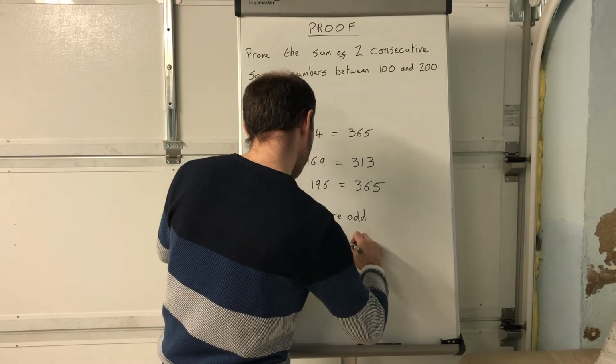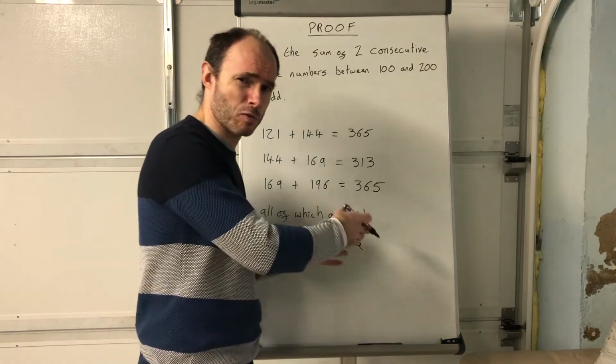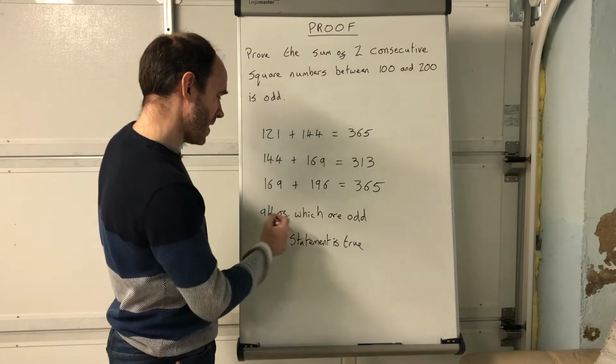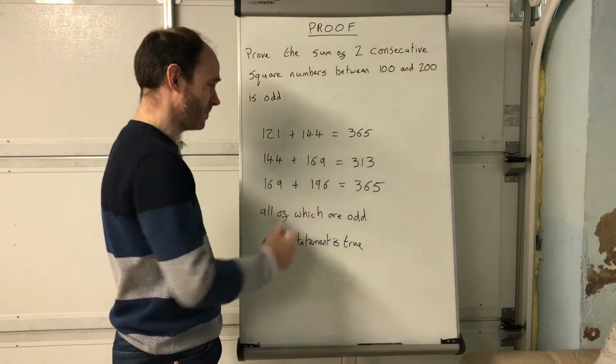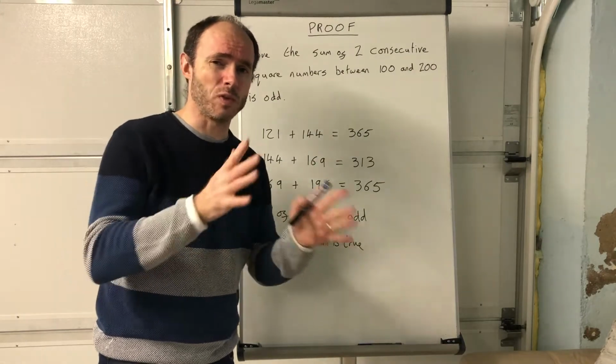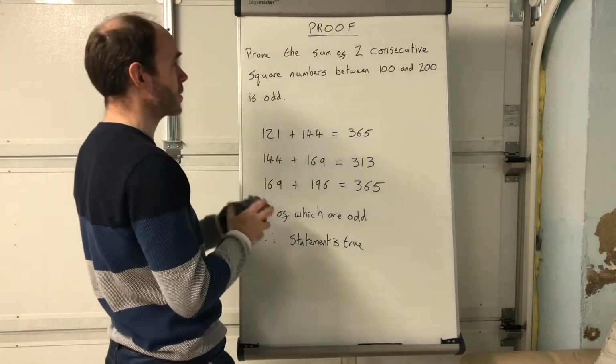Notice in a proof, you've always got to end with some sort of conclusion. You normally say, therefore, true or is true, since, because, and the statement is true, and the reason is the line above. So that's a proof by exhaustion, because we can actually go ahead and substitute all the given numbers. Contrast that with if I pose the same question,